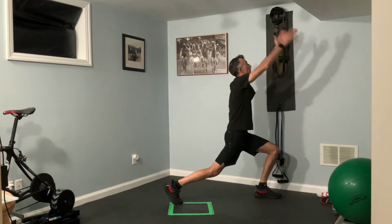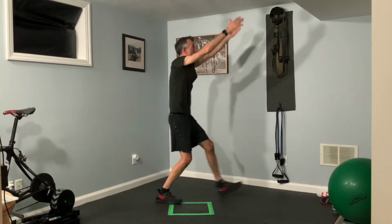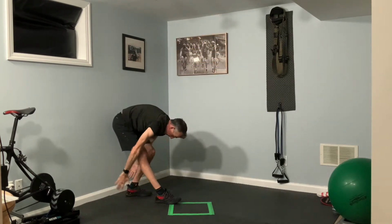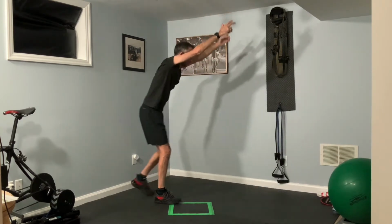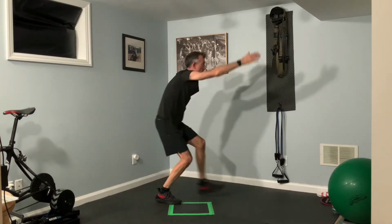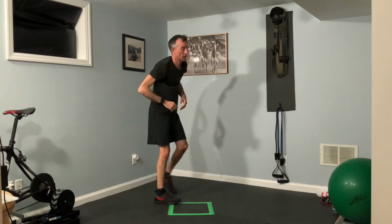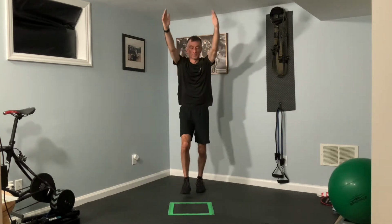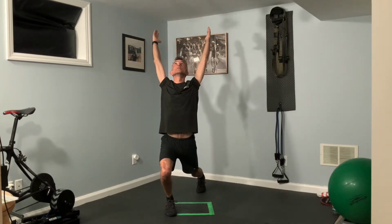All right, so stepping forward, arms up, and I'm going to step backward. That's 1, and 2, and swinging down, 3, and 4. Great stuff. All right, I'm going to face here for this one. All right, so the opposite leg. And here we go. 1, 2,